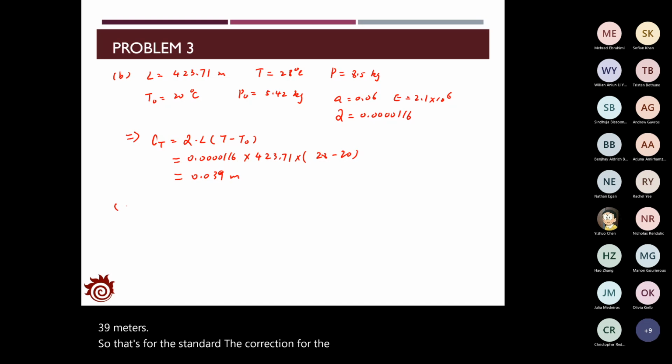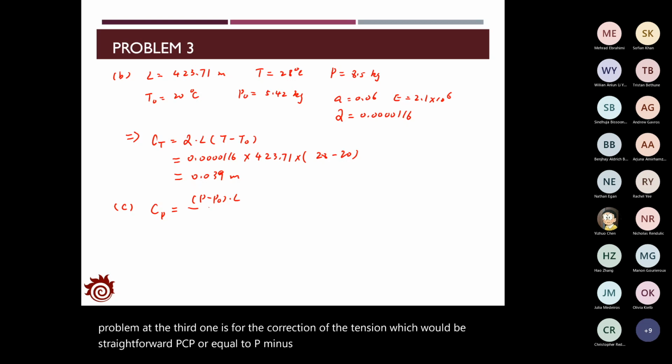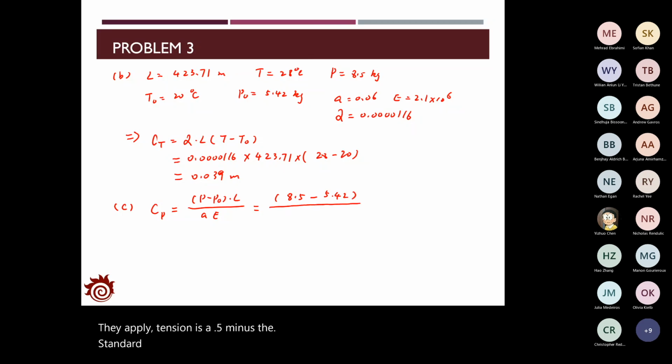And the third one is the correction of the tension, which would be straightforward. Cp will equal (P minus P0) times L divided by A times E. So we have P, the applied tension, as 8.5 minus the standard tension 5.42, divided by 0.06 times